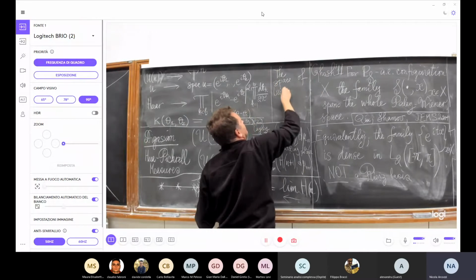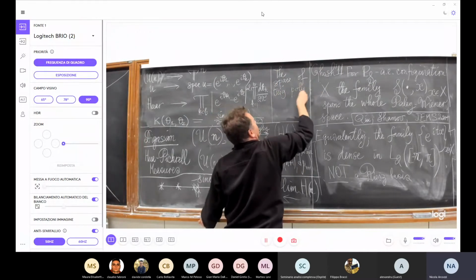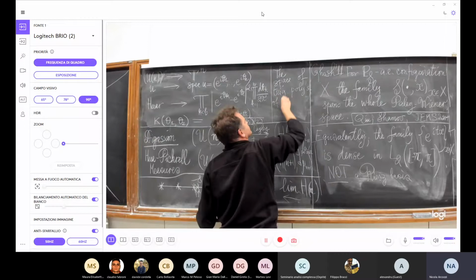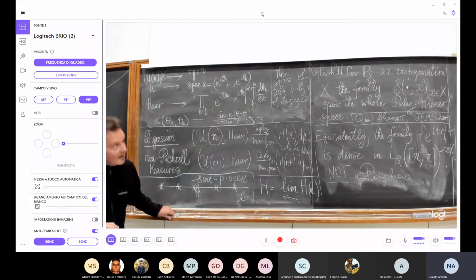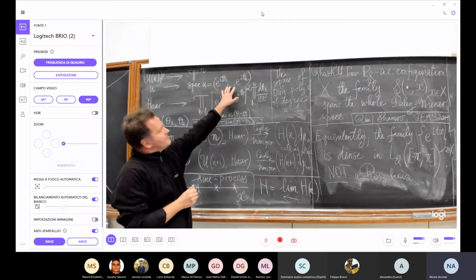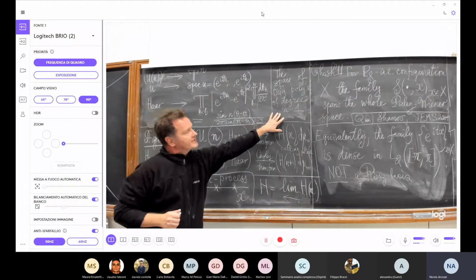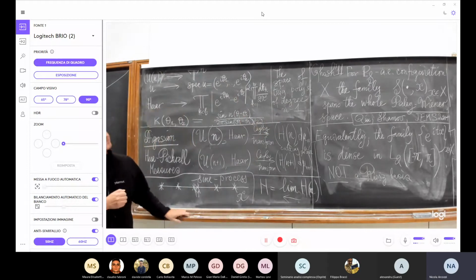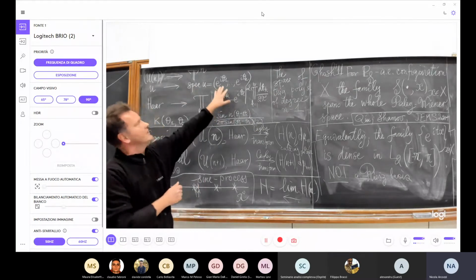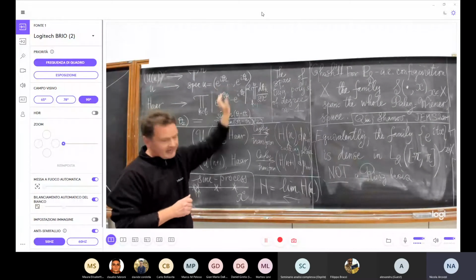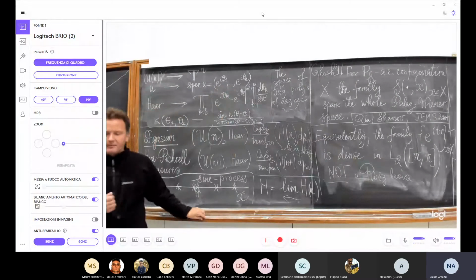Of trigonometric polynomials of degree n minus 1. Now, I have n particles and polynomials of degree n minus 1. So it is clear that a polynomial of degree n minus 1 is uniquely determined by its values at n points. So a realization of this measure is of course a uniqueness set, but it is also a minimal set.